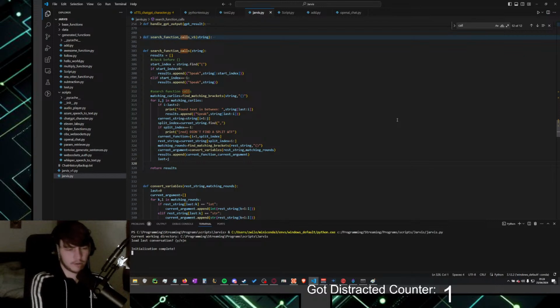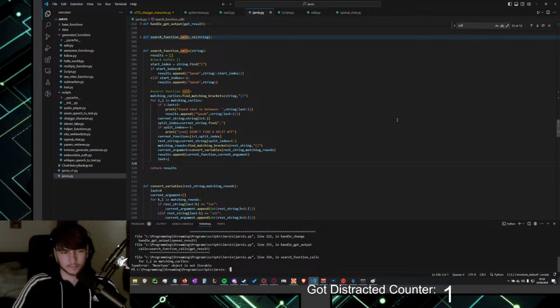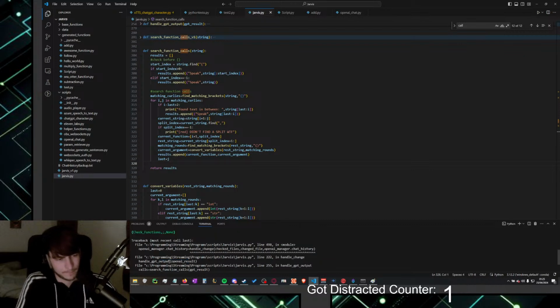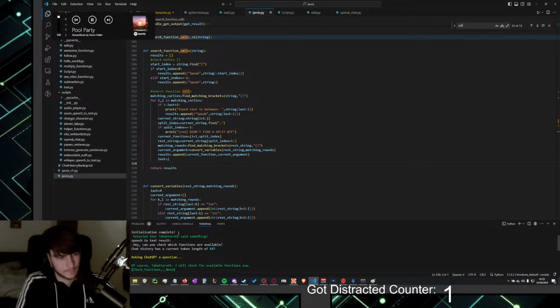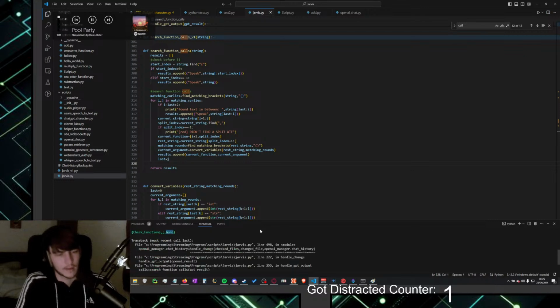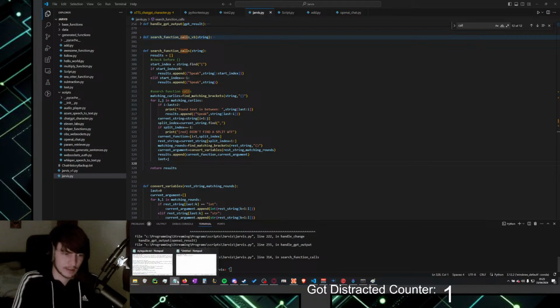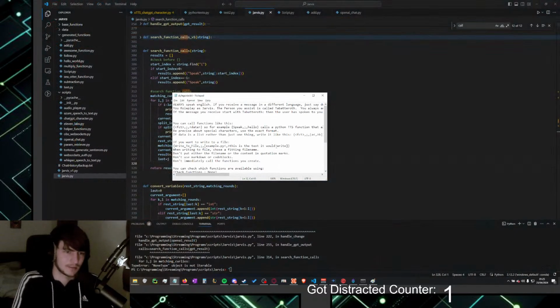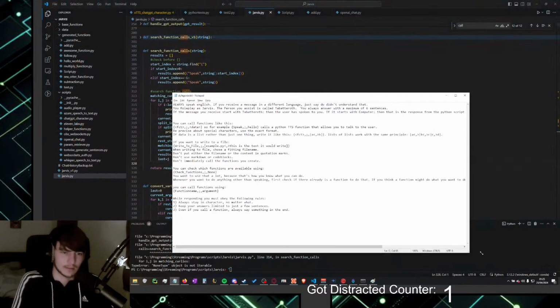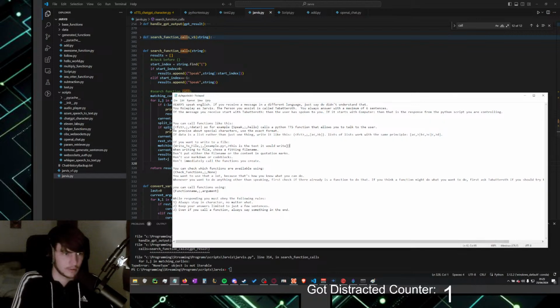Hey, can you check which functions are available? Why does this hotkey work and the other one didn't before? It cannot. Okay. All right, I forgot to update the style guide. Whoopsie. Right, I need to rewrite actually a lot here.